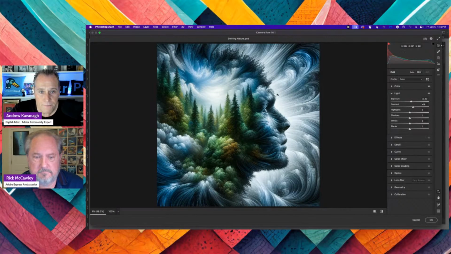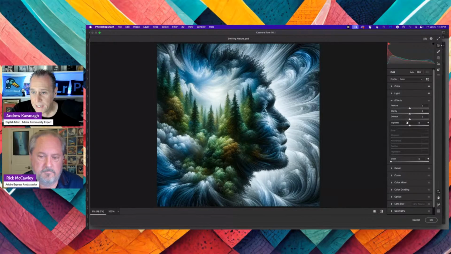If there were highlights that I felt were blown out, I would move that to the left and see how it brings back detail. Here it's like a white haze around the silhouette. But if I move the highlight negative a bit, it brings back detail. So it's up to me if I want that or not. So maybe a little bit, bring that back. And then there's shadows, whites and blacks. What I'll do is move the whites to the right to give a bit more oomph to the highlights. And then under effects, you could do texture for a bit of sharpening, clarity, dehaze